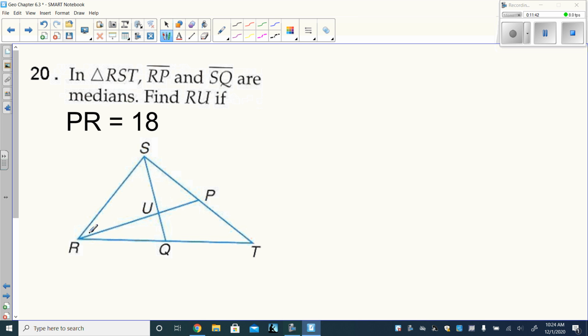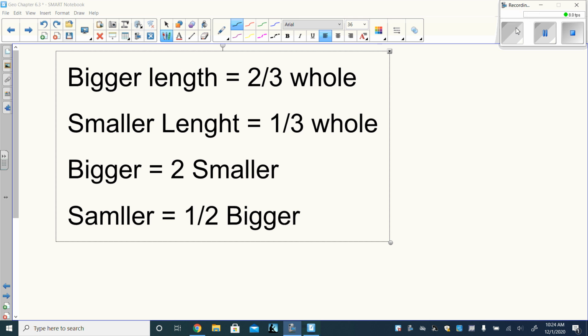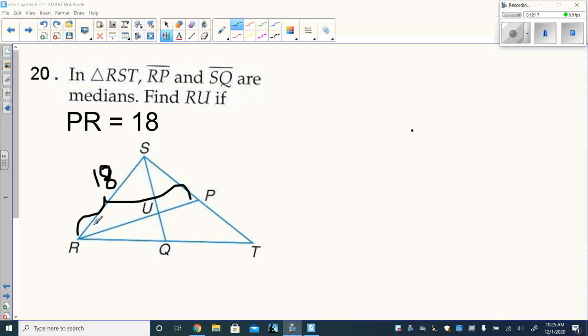Okay, so this changed a little bit because now it's telling me that PR, this entire length here, is 18. So it told me the whole length, and we want to find the bigger length. So let's look back here. Well, the bigger length is equal to 2/3 of the whole. So we're going to take the whole length and multiply it by 2/3 to get the big. So when we look at this here, again, the bigger length, so RU